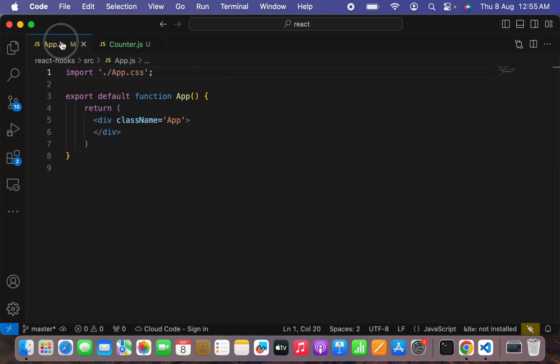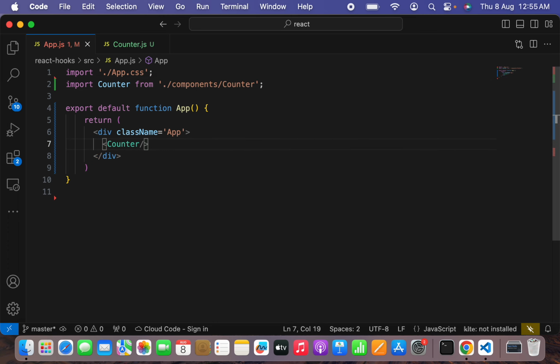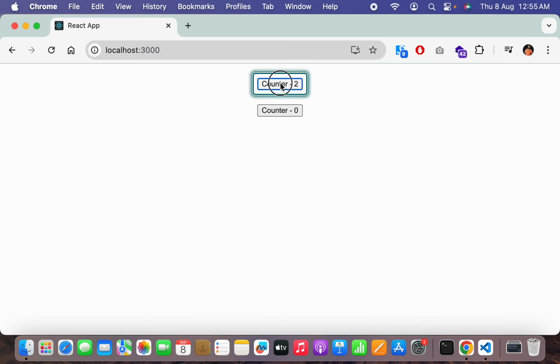Let me hit save. Let's go to app.js and import the counter component here. Let's hit save and go to our browser. Control Shift R. Once I click, the counter is working very fine. Counters 1 and 2, both of them are working very fine traditionally. There is nothing new we have implemented until now. But as I told you, in this tutorial we will be learning performance optimization with useMemo. Let's go ahead